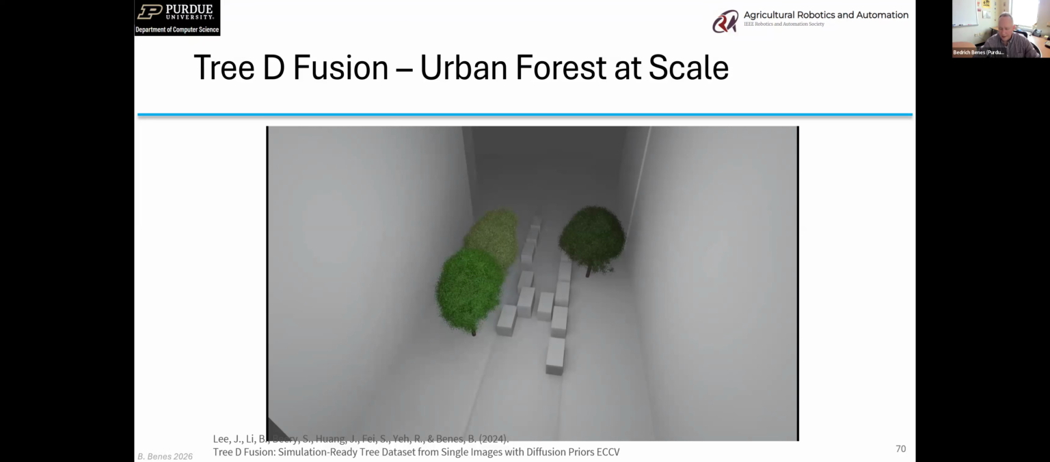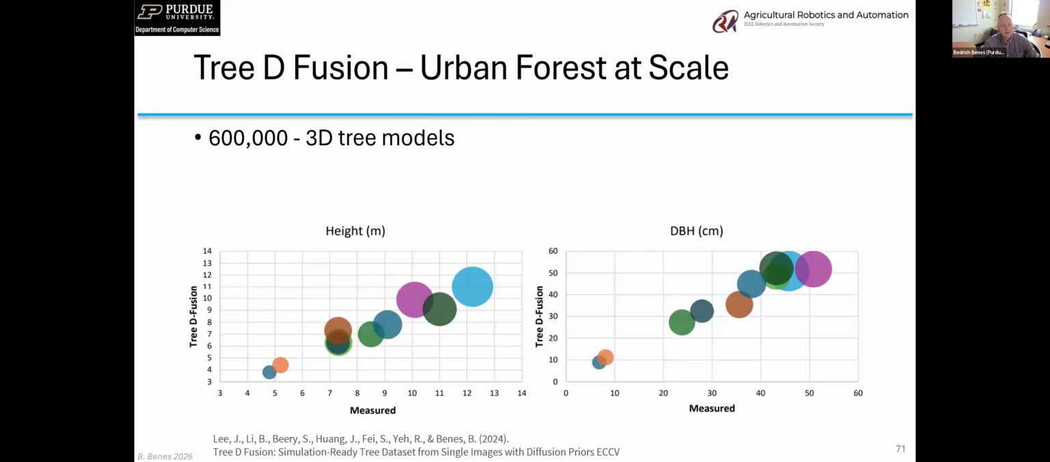We have reconstructed 600,000 trees, and we used quantitative measures where there were some trees that had measured height, and we also know the height from our algorithm, so it's lying almost on the diagonal with some distribution. The DBH, that is the diameter at breast height, was also fitting quite well. Now, this can be used